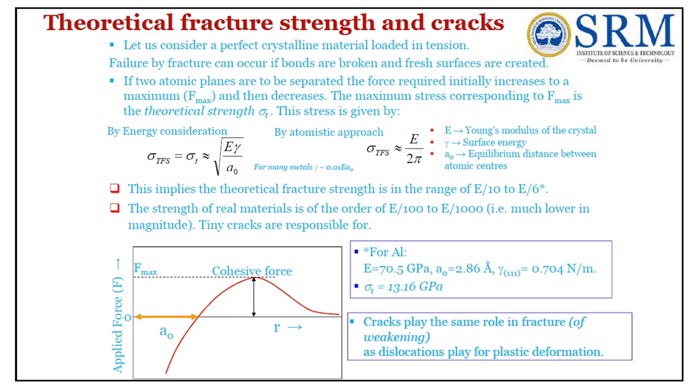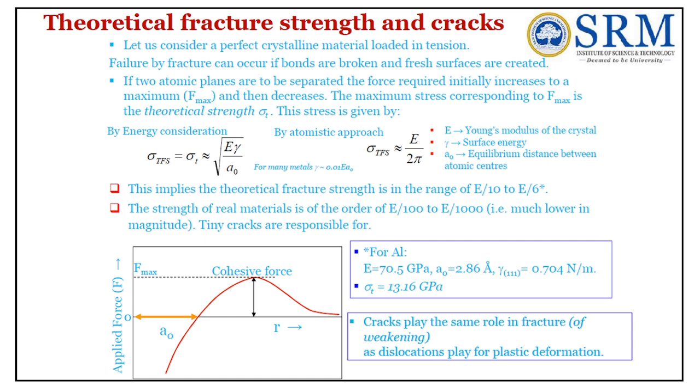Where E is the Young's modulus of the crystal, gamma is the surface energy, and A naught is the equilibrium distance between atomic centers. This implies that the theoretical fracture strength is in the range of E by 10 to E by 6. Okay, the strength of real metals is in the order of E by 100 to E by 1000, which is much lower in magnitude. So tiny cracks are responsible for